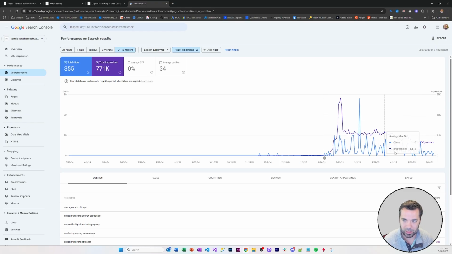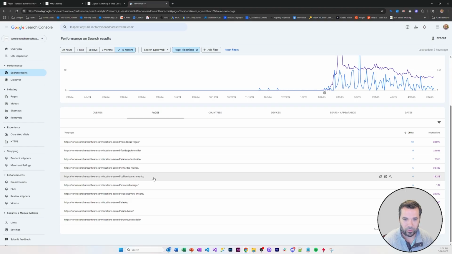It typically takes 6 months from initial publish until a page really comes into form. So an initial spike like this is very common, and then a leveling back out. So we're only about 3 months in, and I expect about another 3-4 months from now, maybe longer, there will start to be an uptick in traffic here. And because when you roll out a network of 400 something pages,